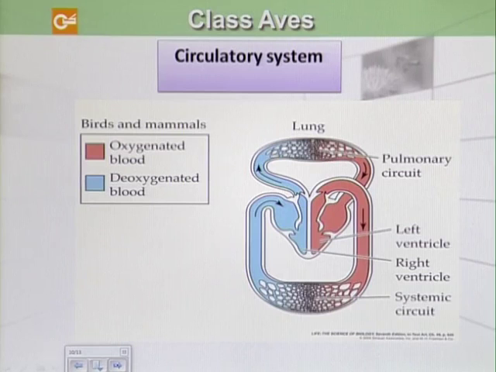And they offer very efficient circulation because they need more oxygen during their flight. So they have a well developed heart, or a well developed circulatory system. There is the division of the heart into left ventricle, right ventricle, left atrium, and right atrium. And in comparison with reptiles and most other vertebrates, birds have a rapid heartbeat. For example, a hummingbird's heartbeat is about 600 times a minute in comparison with that of a human, which is 70 beats